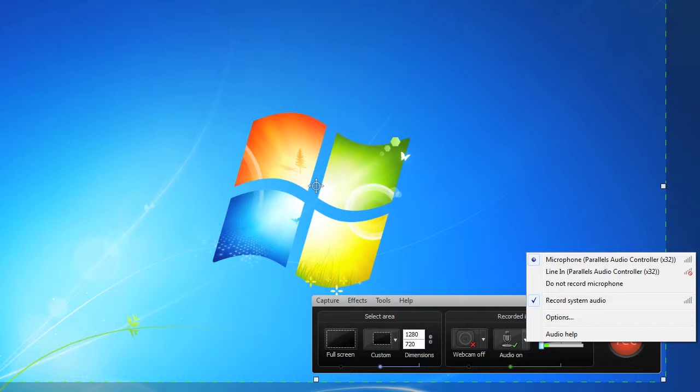What you want to do is choose the audio input that's going to be your best audio. You can use the built-in microphone, but I find it's often best to use an external microphone or headset. So if you're on a PC and you have your USB headset plugged in, your USB headset will show up, or your other microphone will show up in this menu. So go ahead and remember to choose the audio input that you want to use. A few times I have started recording and then realized that I've used the built-in audio as opposed to the headset. Once you've chosen that, the menu will shrink down,